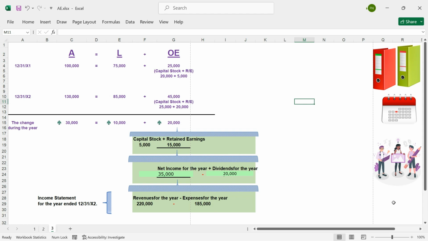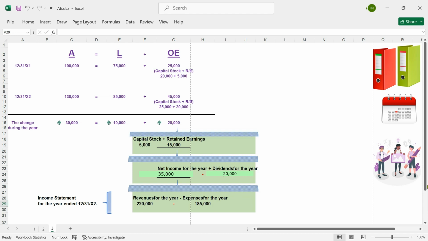If we look at liabilities, we'll see that liabilities increased from $75,000 to $85,000 over the last year. So the net change in total liabilities is a $10,000 increase. The increase in owner's equity went from $25,000 total to $45,000 total, or a $20,000 increase. That is the change in owner's equity